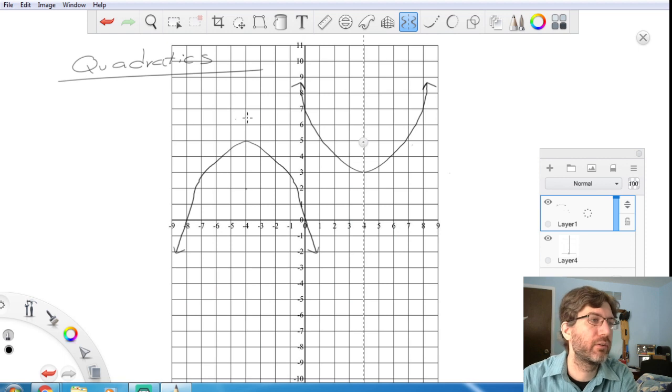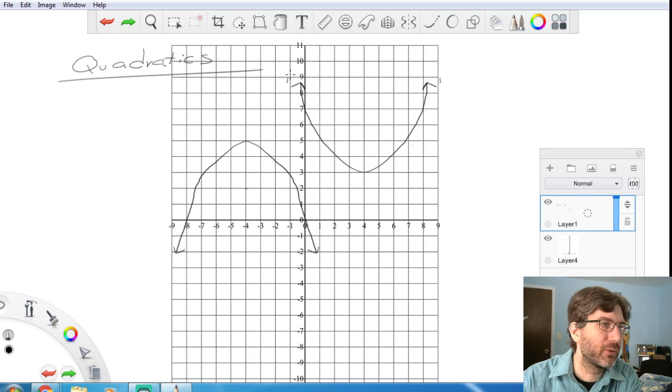Next point you need to know, note that each of these have an axis of symmetry here. We'll call this one number 1. And we'll call this one number 2. Our first one here, our axis of symmetry, you can see is at x equals 4. So for number 1, our